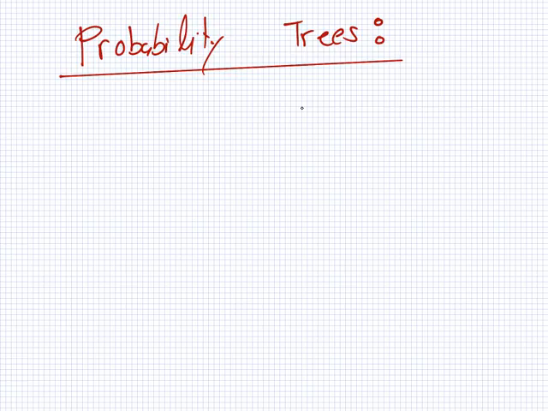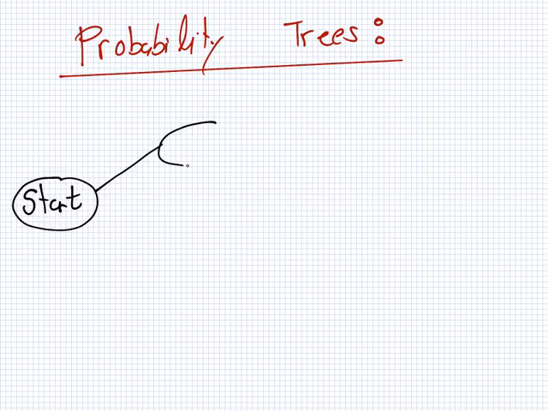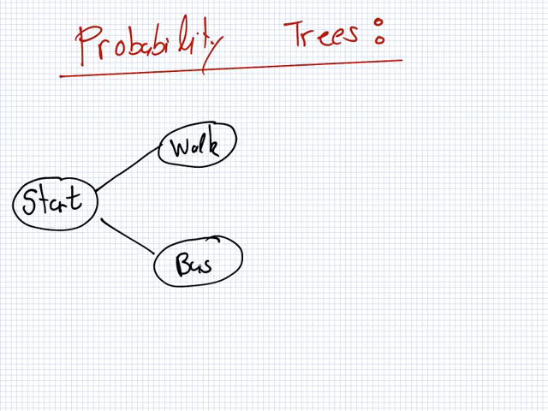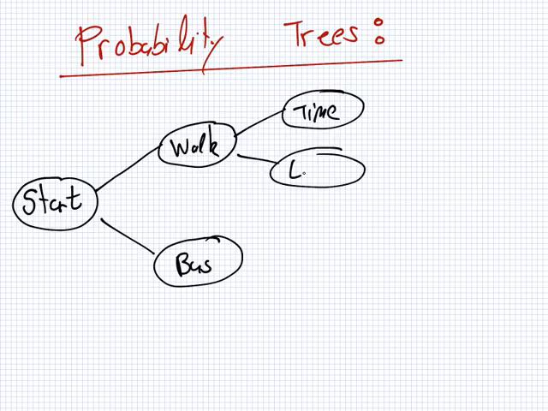So, we imagine, for example, in this one, the student has two ways to get to school. They can walk or they can take the bus. So, we'll start here. And then the student can either walk or they can take the bus. And in both cases, there's two outcomes from that. They'll either be on time or they'll be late. And in the second case, if you take the bus, they'll either be on time